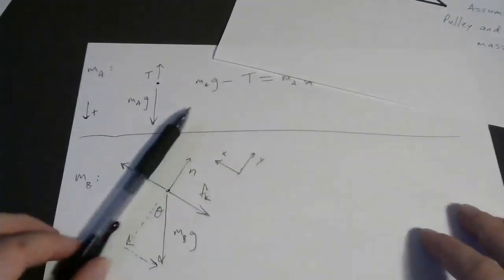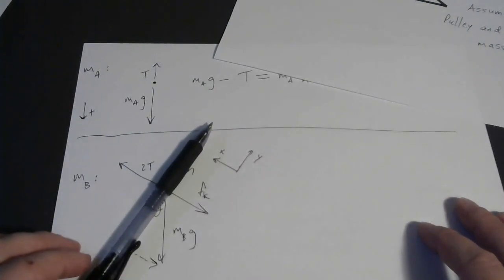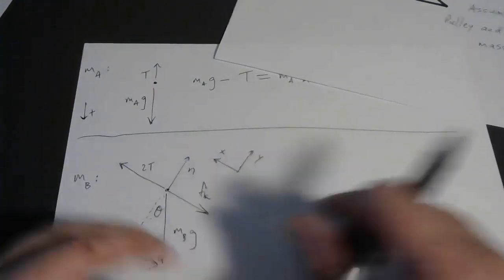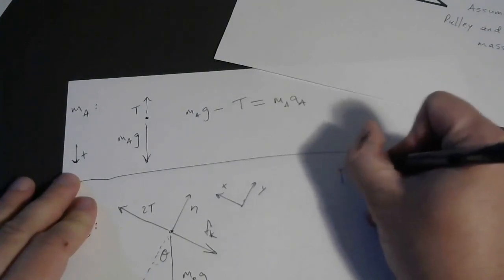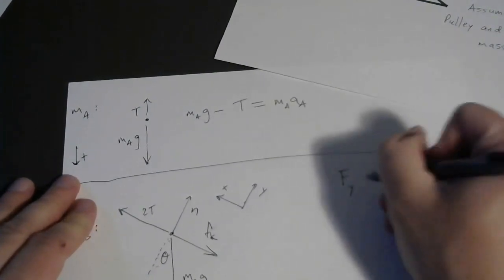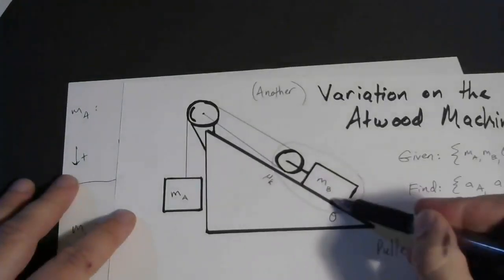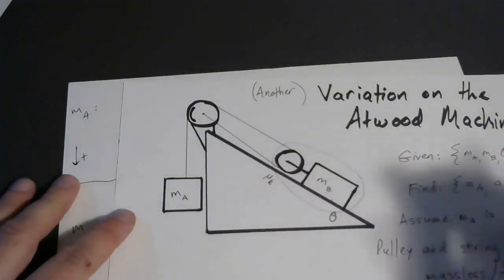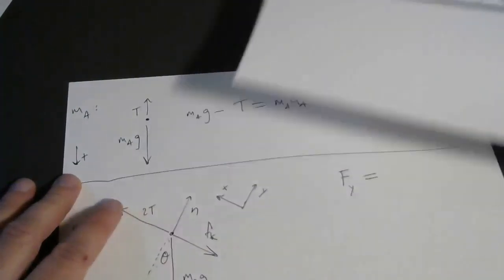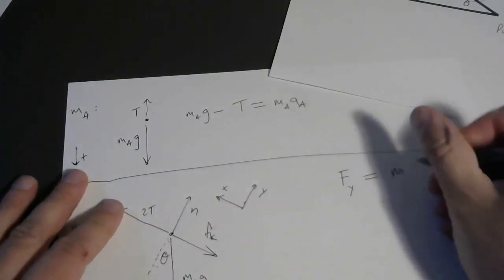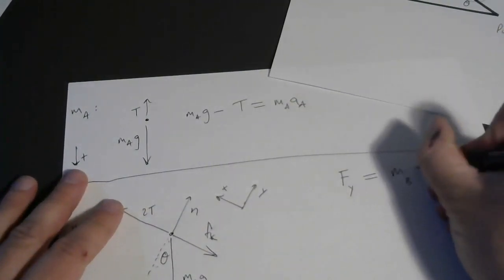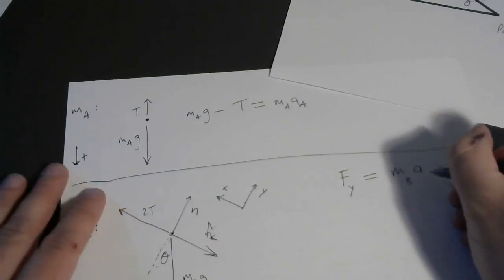Let's start with the axis normal to the ramp, which is what I've called the y-axis. So I'll say sum of the forces in the y direction. Of course, I'm talking about the sum of the forces on mass B and its proprietary pulley. Mass B times the acceleration of mass B